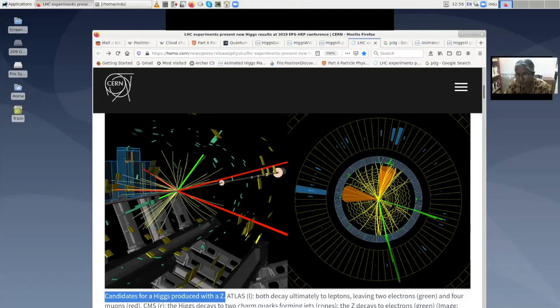On the right hand side, you can see that there is the same process, Higgs plus Z, whereas Z is going to e plus e minus over here. So you can see that the e plus e minus roughly comes from a Z which is going in the middle direction over here, because they're roughly of equal energy. And so the Higgs should have been going back to back with it. And the Higgs actually went into c c-bar. So this is the charm and anti-charm. And there are actually 2 jets here and a lot of noise, which I will not explain. Okay. So this is how the process looks.